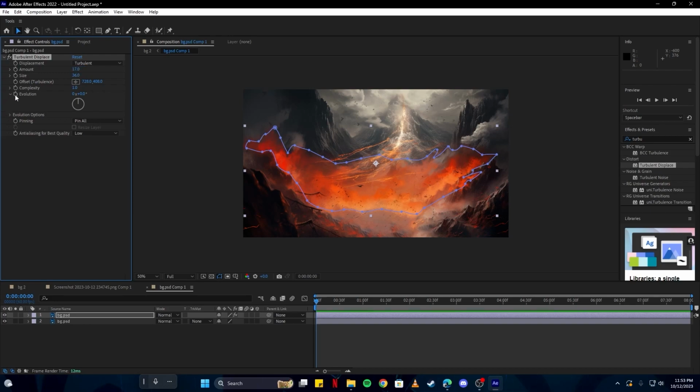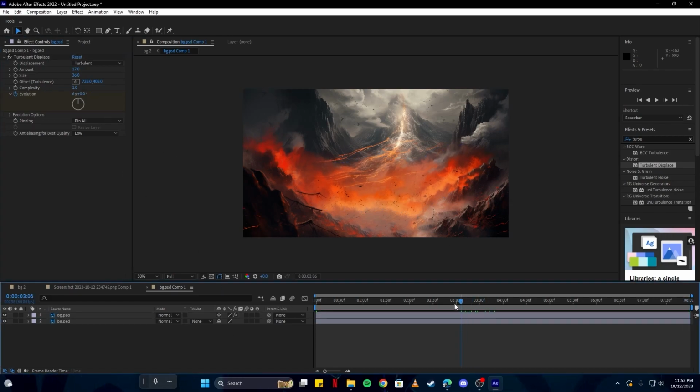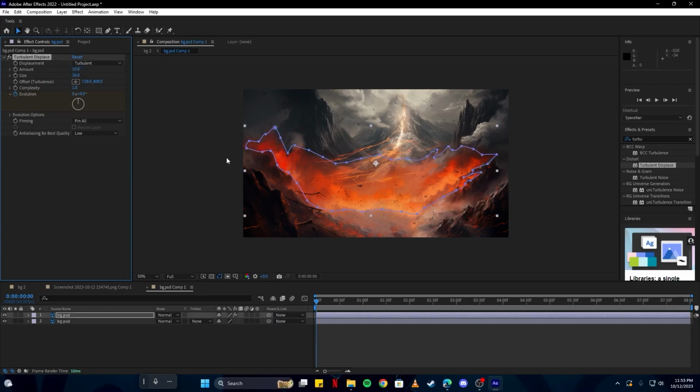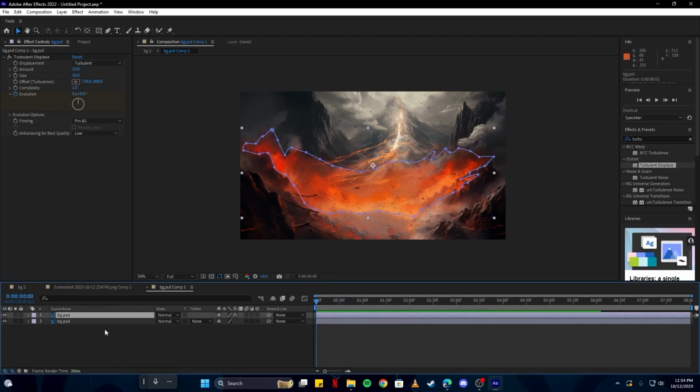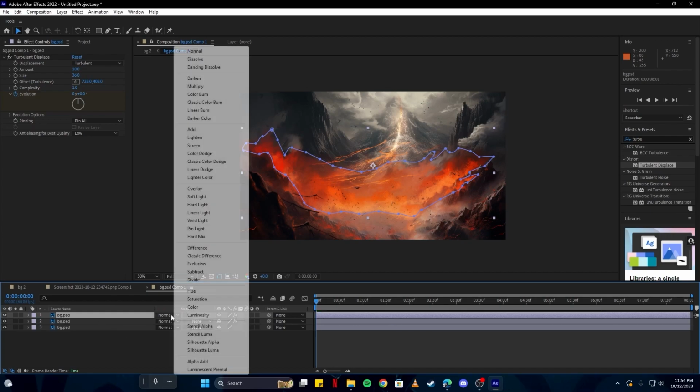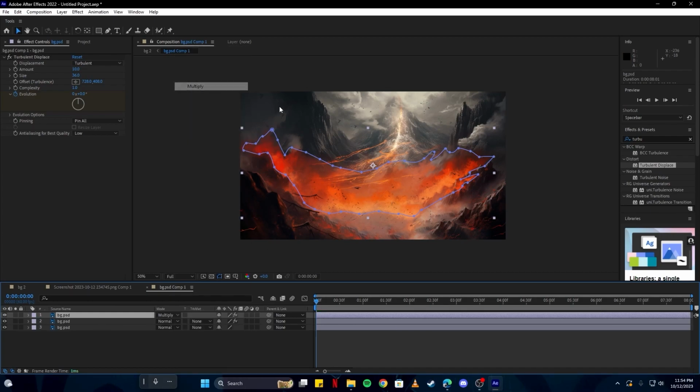Then we will add our keyframe from the beginning, and on the end we will give a keyframe of around 6 to give it a nice and smooth movement. If that is too much, you can lower down the amount to maybe around 10 and you will have a nice effect. To go one step further, you can duplicate this layer, change the blending mode to multiply, and then